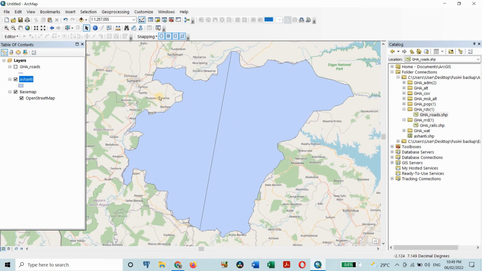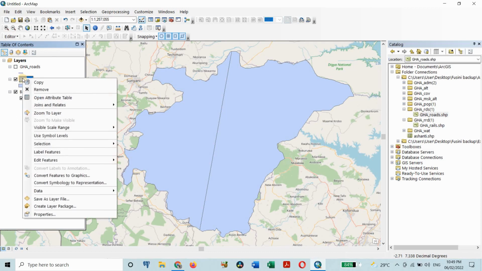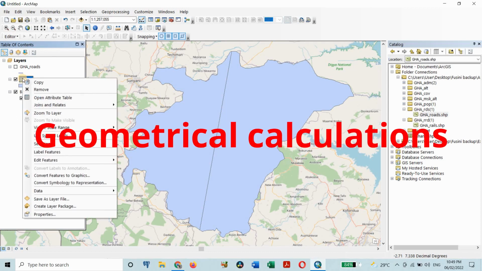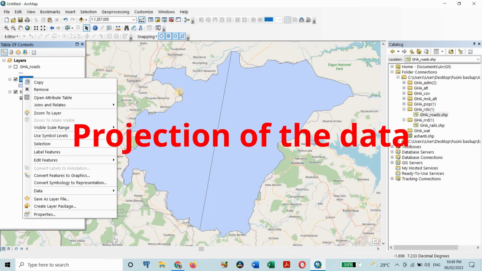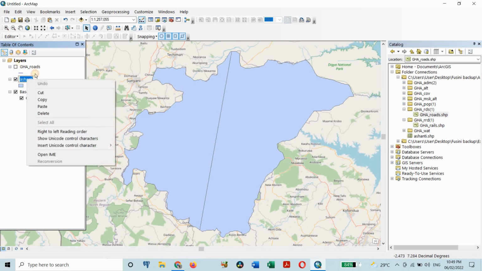when this is done, we can also do calculations, that is geometrical calculations such as area, length, perimeter, and so on. But before you carry out calculation of these geometrical properties, you need to project your data. This data is already in